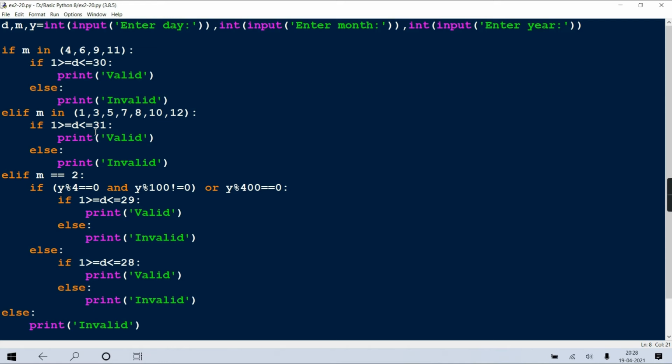Yes, I got it. Me too, I have understood it. If your days are, it will do the checking in this way. That's the reason this policy won't work, because it will check this way: 1 greater than equal to d.